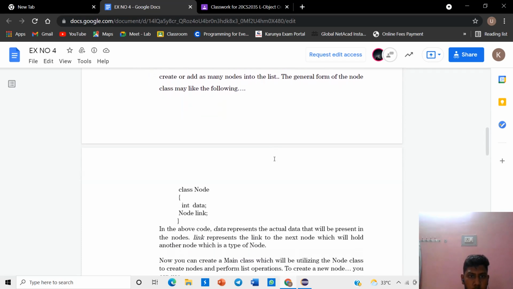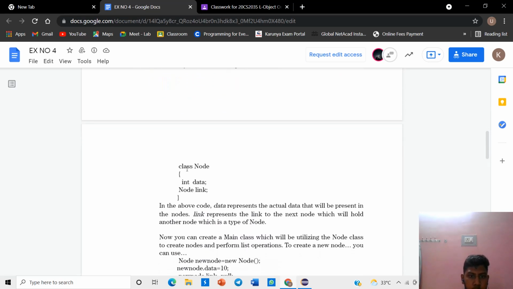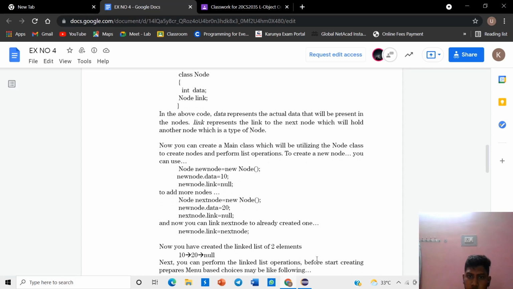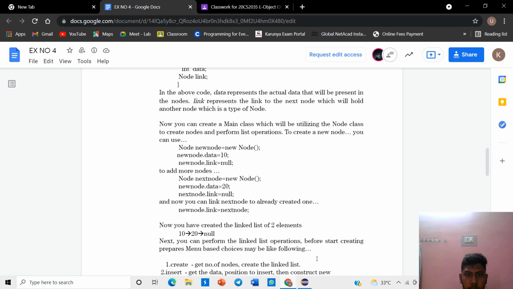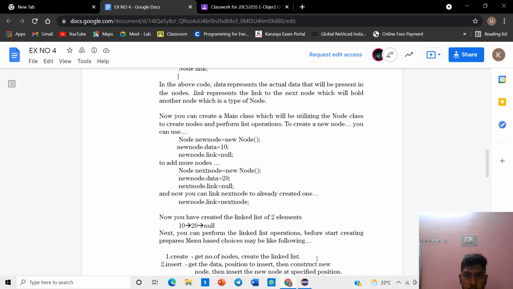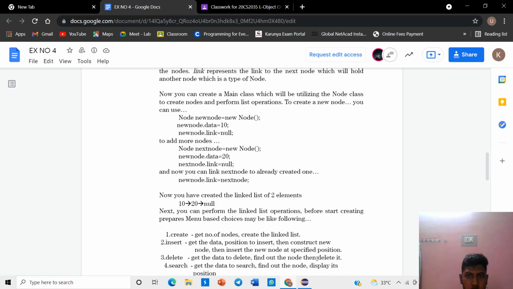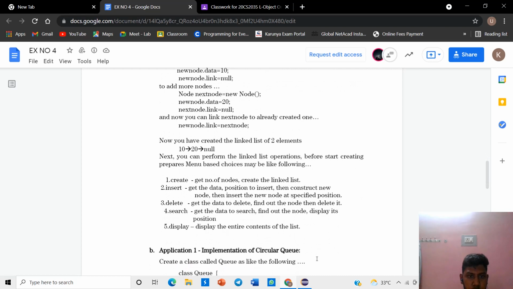The general form of the node class may be the following: class Node, with an int data and a Node link. In the above, data represents the actual data, and the node link represents the link to the next node, which will hold another node of the type Node. Now you can create a main class that will be utilizing the nodes, and to perform operations, to create a new node you can use